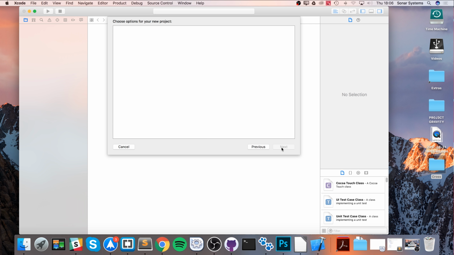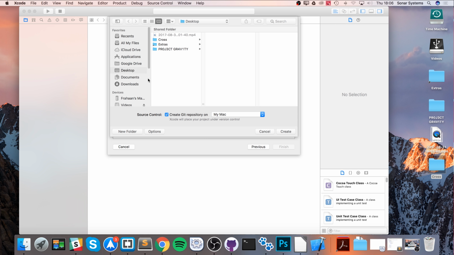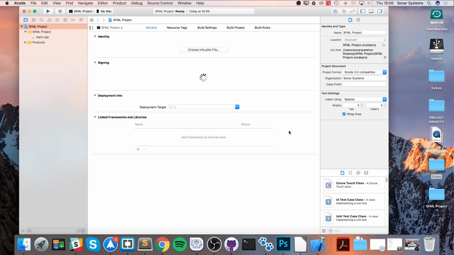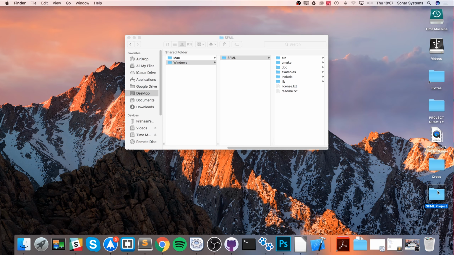So command line, next, name it whatever you want. It doesn't actually matter. I'm just going to call it SFML project. You could call it Mac, you could call the other one Windows. It doesn't matter. And just select C++ for the language. You can leave all this as the default, so just have something for the organization identifier, sonar.systems. Next, and I'm going to save this on the desktop. I'm actually going to just close this project down and